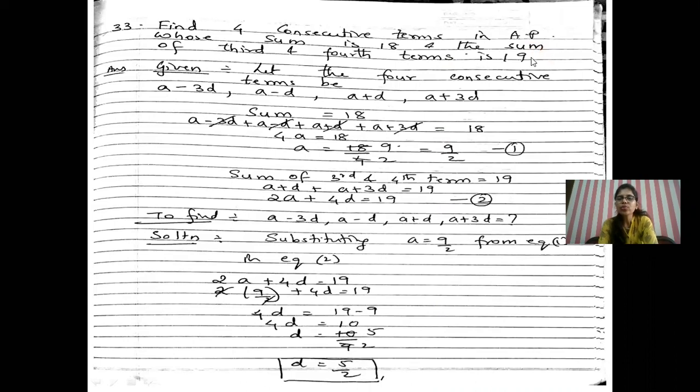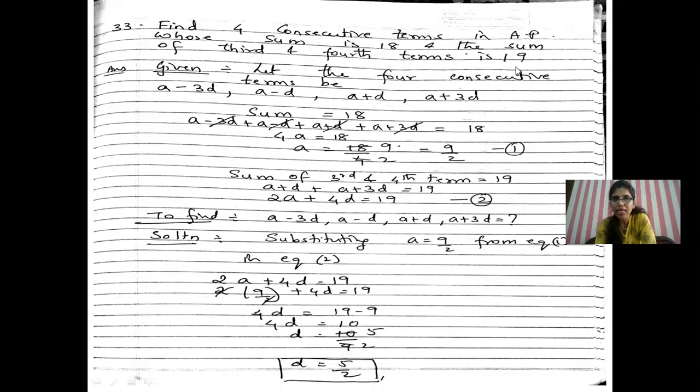according to the question you will see over here. It's written: find 4 consecutive terms in AP whose sum is 18 and the sum of the third and the fourth term is 19. As I told you, if unknown terms are there, if the terms are not given, you have to assume the terms,